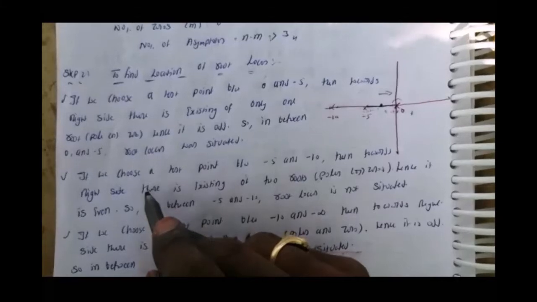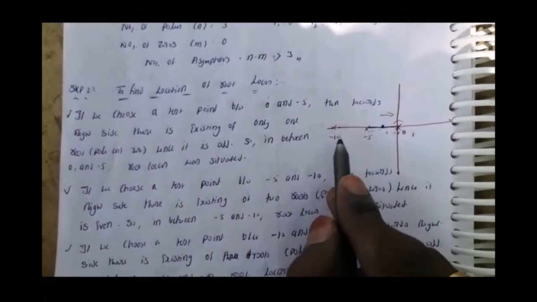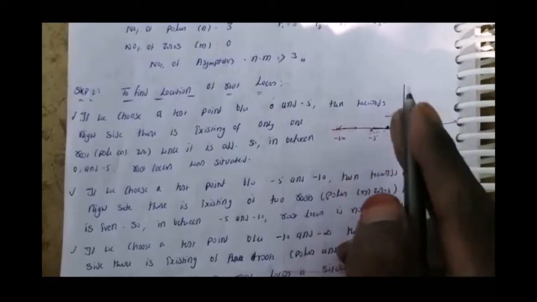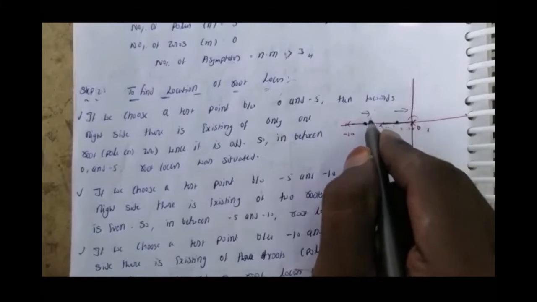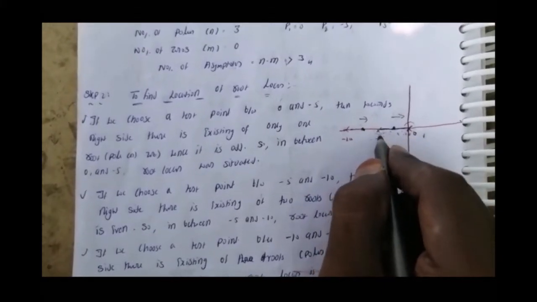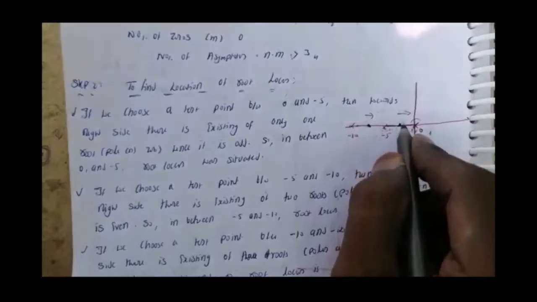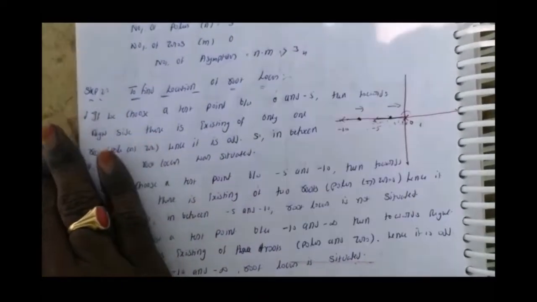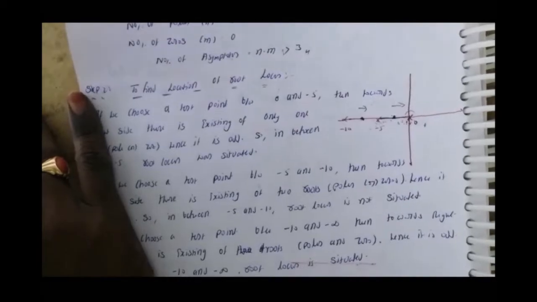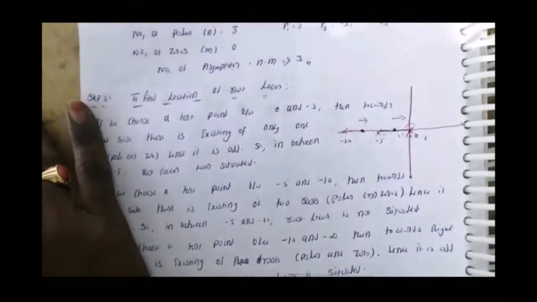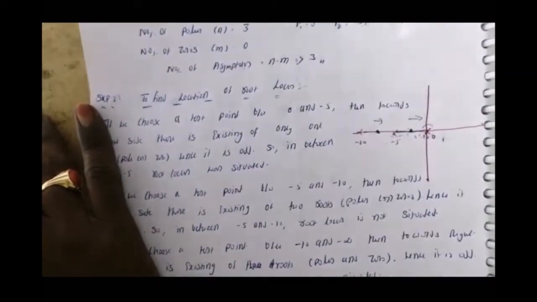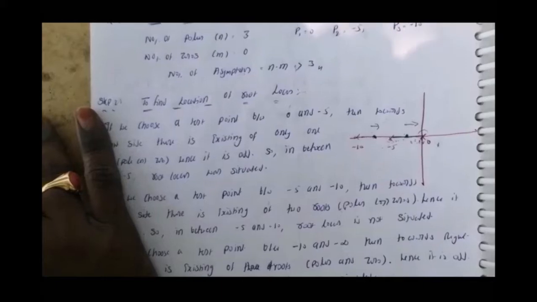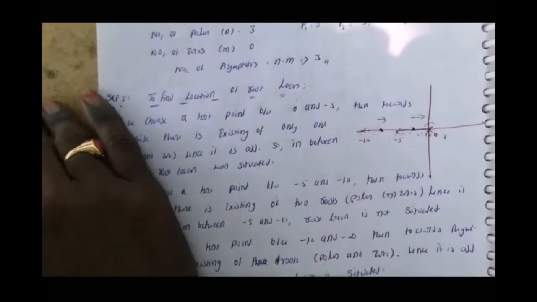Next, if we choose the test point between minus 5 and minus 10, let's consider this as the test point. When we look back to the right side, towards the origin, it has 2 roots, 1, 2, so it is an even number. So between minus 10 and minus 5 there is no chance of a root locus, because when we look back towards the origin from the test point, it has 2 roots, which is even. In that condition there is no possibility of a root locus.